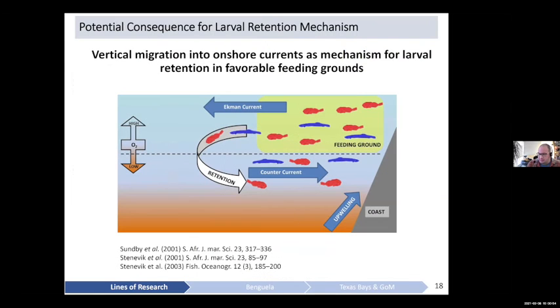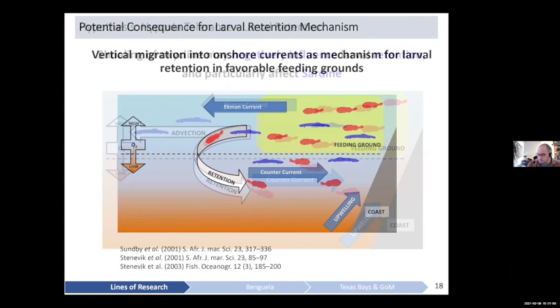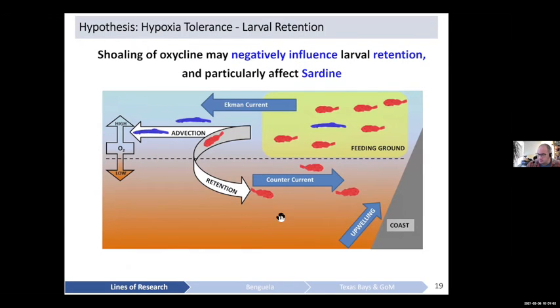If there are species that are better prepared than others in terms of hypoxia tolerance, that could mean that under hypoxic shoaling of the hypoxic layer, some, like the sardines, if they're less adapted to withstand hypoxic conditions, couldn't go into this retention cycle, where they migrate into deeper waters,